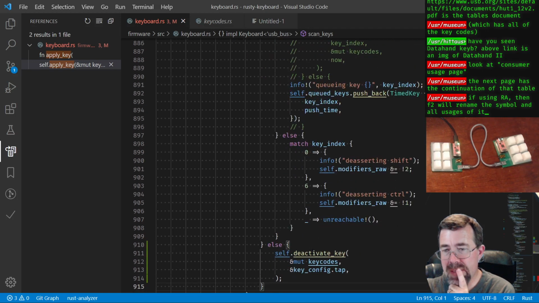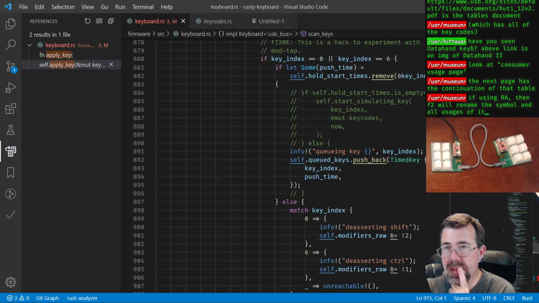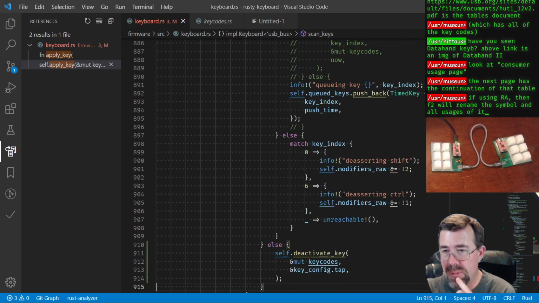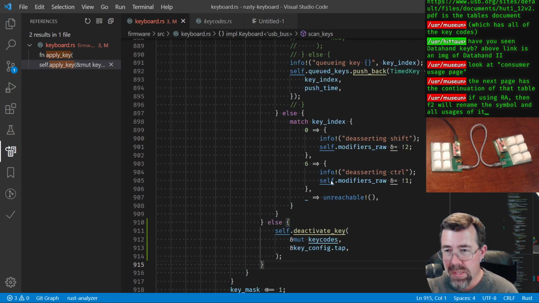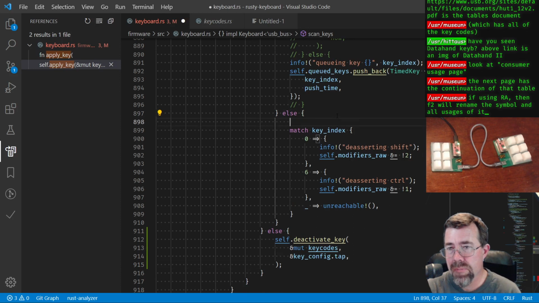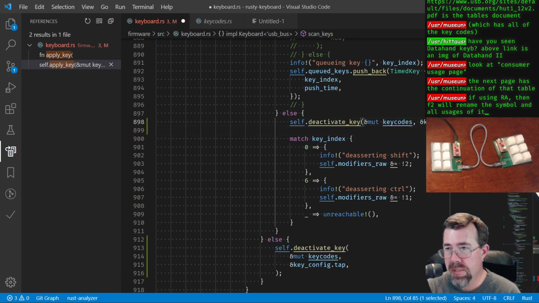Actually, yeah, we don't need to deactivate it if it's a hold tap because we haven't activated it in the first place. Here's where we make the decision. We either queue it or it's been activated as something else. Oh, right. So then this becomes deactivate its hold